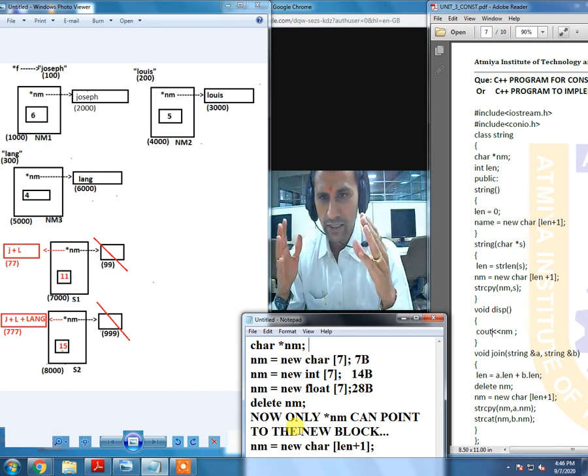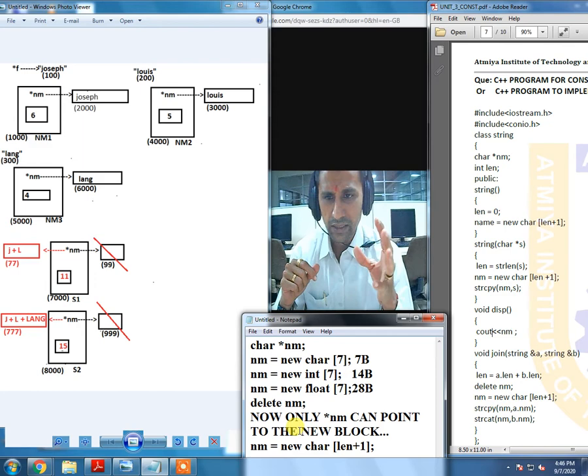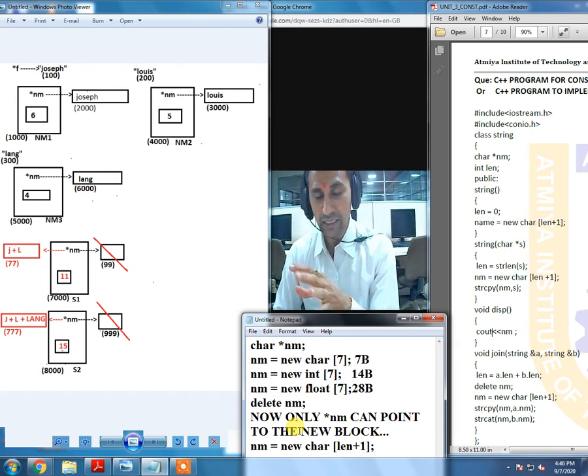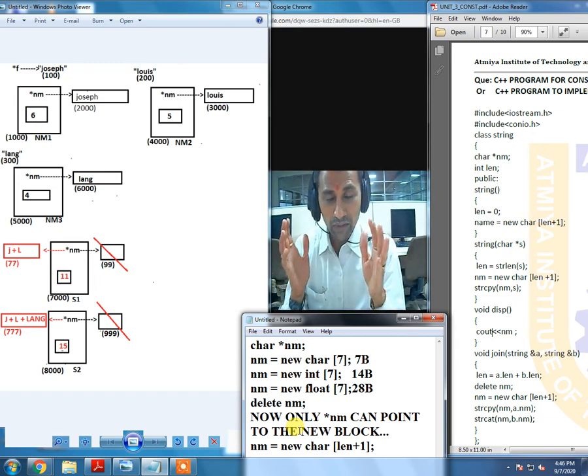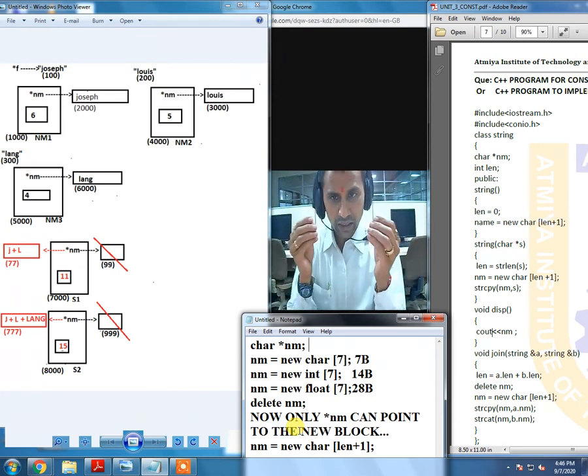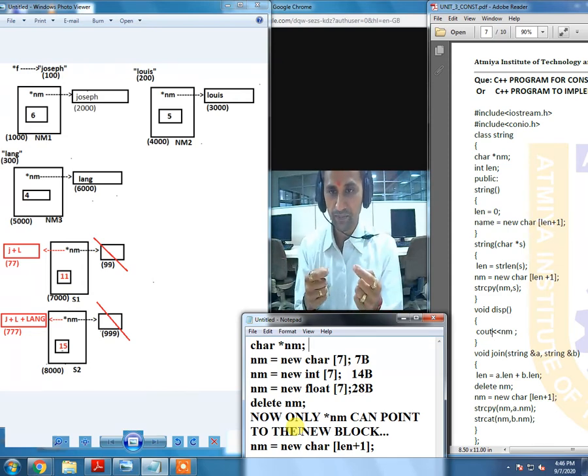Alright everyone, let us talk about a very powerful and very important concept of C++, or you can say any programming, that is dynamic memory allocation. That means we are going to claim the memory whenever it is required, and not in a static manner, not in a fixed manner. Whatever the content, whatever the size we require, only that much of size we are going to get. Okay, that is dynamic memory allocation.